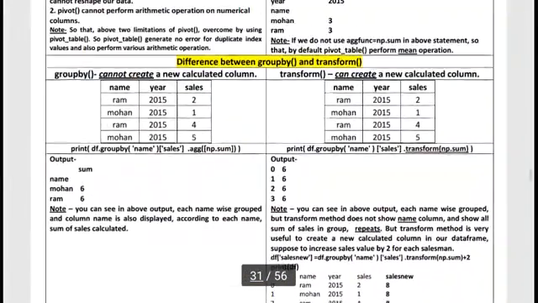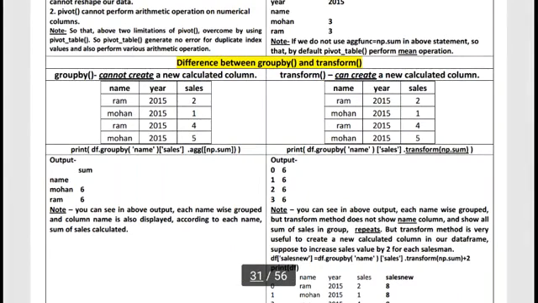So today I discussed grouping, subgrouping, the difference between group by and pivot table, the difference between the pivot function and the pivot_table function, and the difference and limitation of group by and transform. Okay, thank you students.